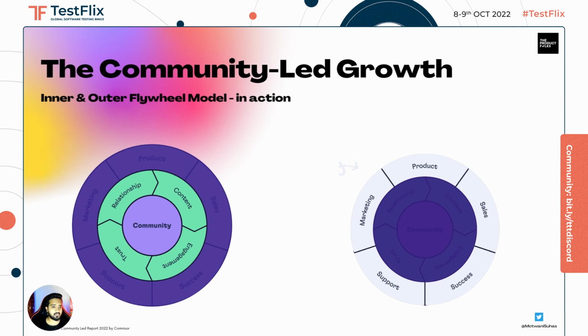On the left, what we see is community is at the center. The first circle, right, the inner flywheel, as we'd like to call it, is essentially your trust, relationship, engagement, and content, right? Content and engagement are two things that drive your community. Think of content here that can help you nourish your community member. They get really, really interesting insights. Engagement is vital to your community. How do you help your members connect to each other?